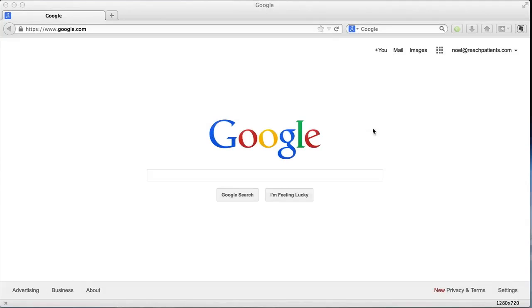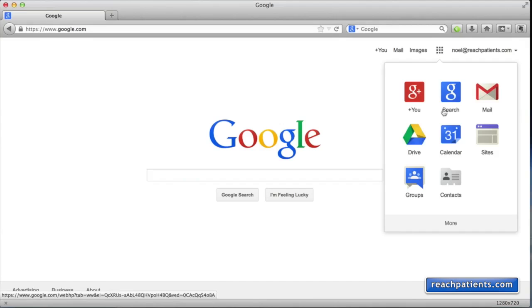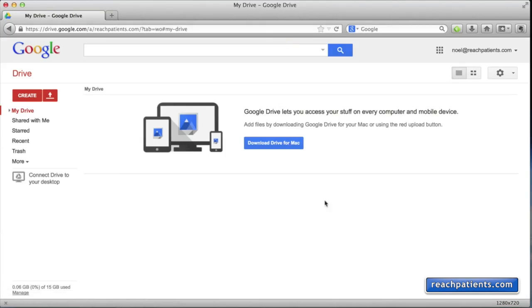Okay, so when you log into your Google account, you'll see a page something similar to this. And the way you find Google Drive is go up here to this little array of squares. It says Apps. Just click there and then go down to Drive and click there. In this situation, I haven't created any documents yet, so everything's blank, but normally you would see this list